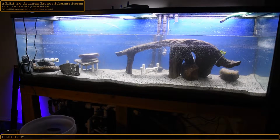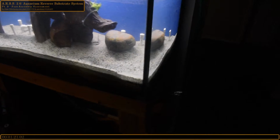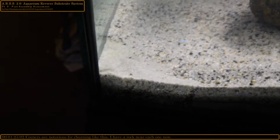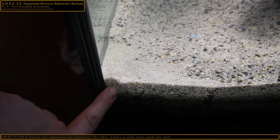I basically have the DCT 8000 in to kind of just push things around to keep it from getting into the outlets at the moment. It's got lots of debris in there. So I'm going to take you guys and move you around a little bit. We're going to see what's going on here. So right about here in the corner, let me get this focus here. So it started out in this very part of the corner only, and even at 100%